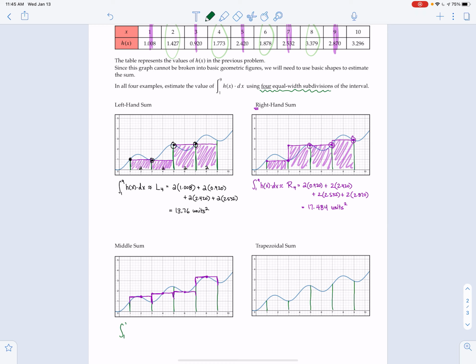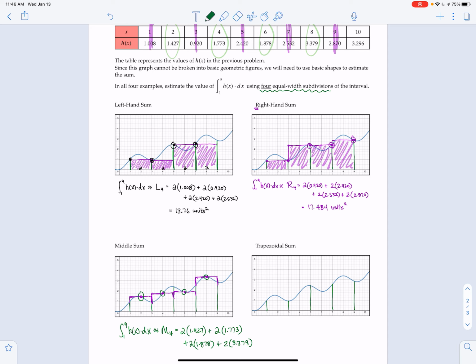From 1 to 9, h of x dx is approximately equal to our middle sum with 4 subintervals, which means our base of 2 times our height of 1.427. That's right here. Plus our base of 2 times our height at 4 of 1.773, plus 2 times h of 6, which is 1.878, plus 2 times f of 8, way up there, at